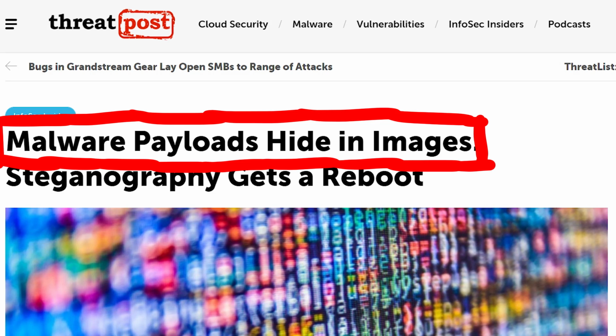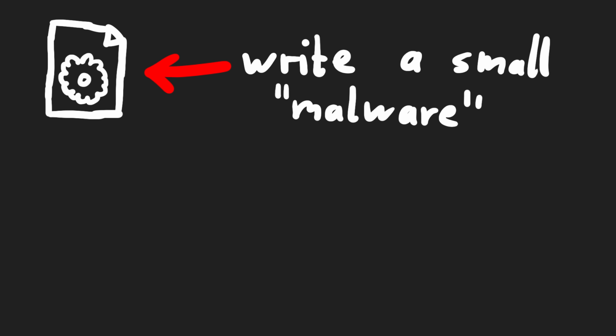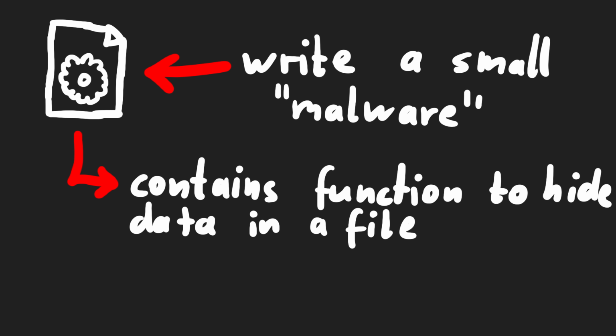Now, before I end, I promise that there's a way to make steganography challenges more fun. And it's a bit of a cop-out. My solution is to actually not make it a steganography challenge, but another challenge. For example, some people say steganography is important because malware might use it to hide data, for example inside images, when stealing the data, or hide remote control commands in plain sight. So yeah, it could be great to learn more about steganography, but make it a malware reversing challenge instead. Write a small program that acts like malware that uses some steganography technique to hide data, and your job is to recover the data from an example file.